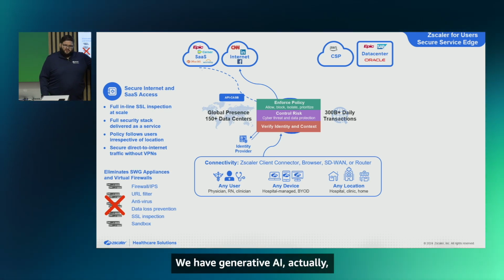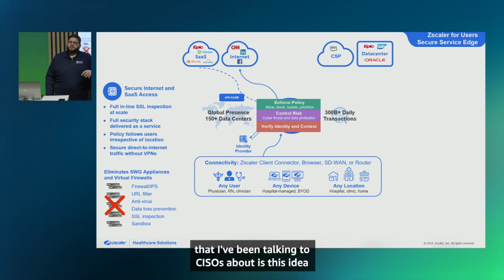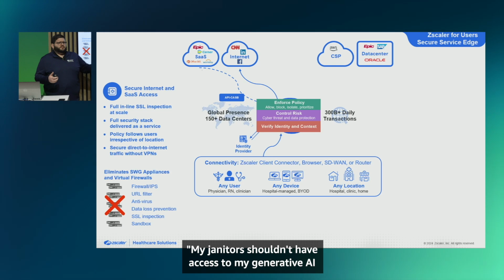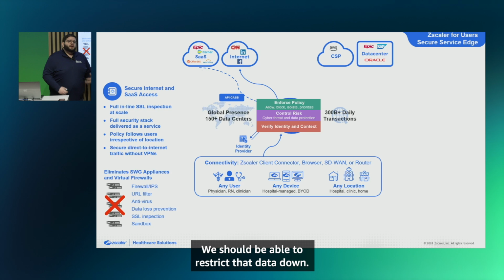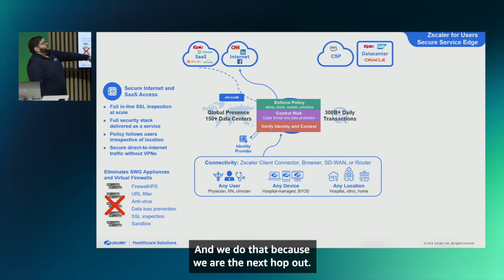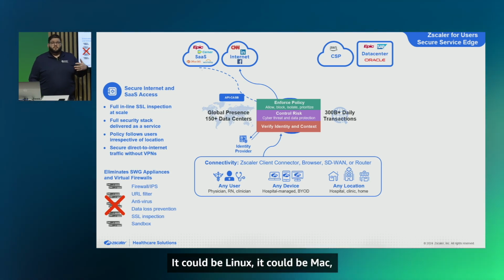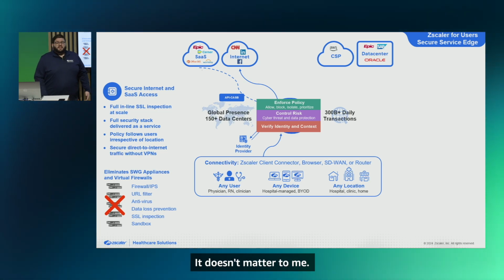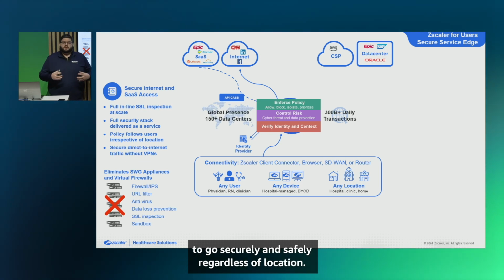We have generative AI actually right over there that I saw. I just presented on that because the biggest fear that I've been talking to CISOs about is this idea of, how do I restrict who gets access to AI, right? My janitors shouldn't have access to my generative AI where all my data is being stored. We should be able to restrict that data down. And we do that because we are the next hop out. And the other thing is we integrate with identity, and it doesn't matter your device. It could be Linux, Mac, Windows, Android, or your iPhone. It doesn't matter to me. I just want to be able to get you to where you need to go securely and safely, regardless of